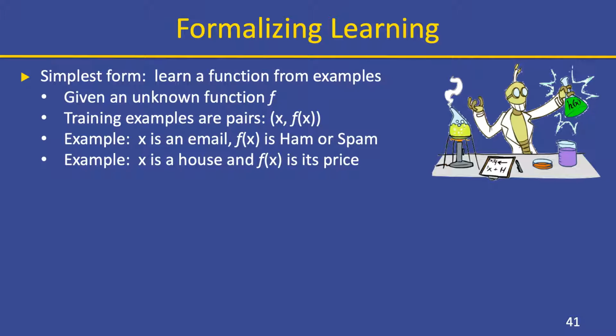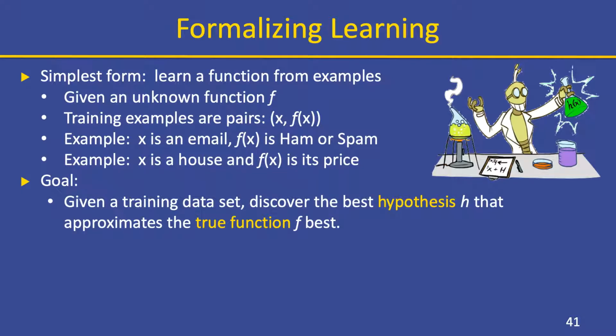We have training examples. Training examples come in pairs. For each example x, we have the corresponding f of x. Now, for example, x is an email and f of x may be spam or ham, or x is a house and f of x is its price. Our goal is, given this training data set, we want to discover the best hypothesis h that approximates the true